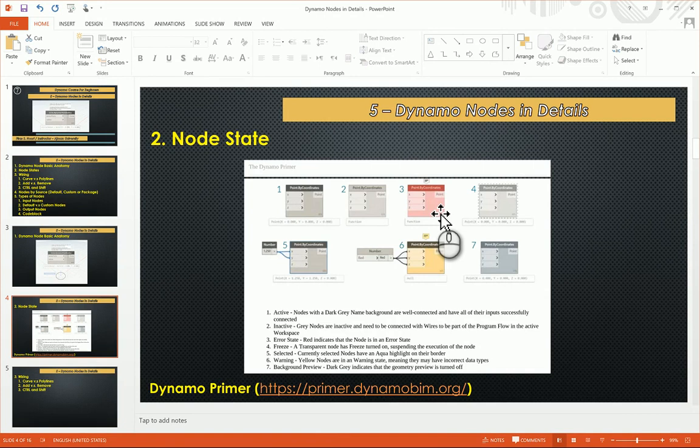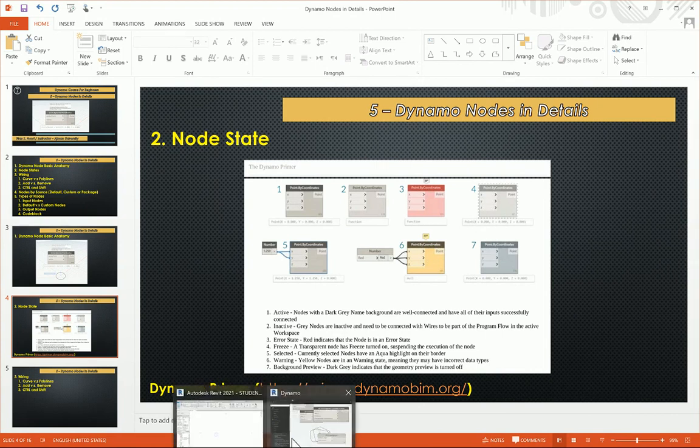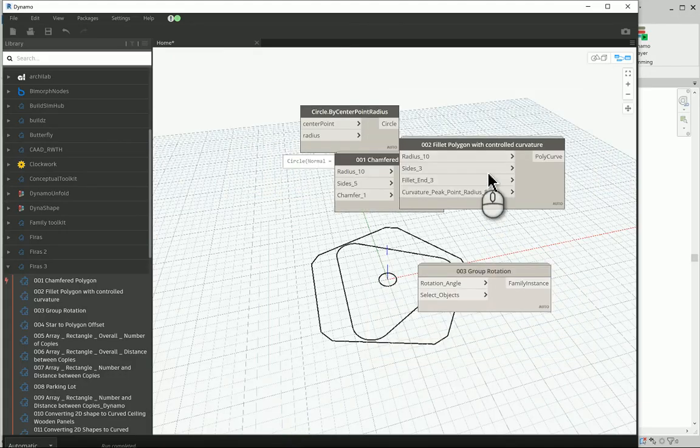It sometimes happens if it's a custom node and you don't have it, you can see it's red with an X on it. It depends on what type of Dynamo you have, 1 or 1.3 to 2.6. Also, if there is a serious error, you get this red color in the node. If you freeze the node to prevent it from doing everything and to cancel its action, you can